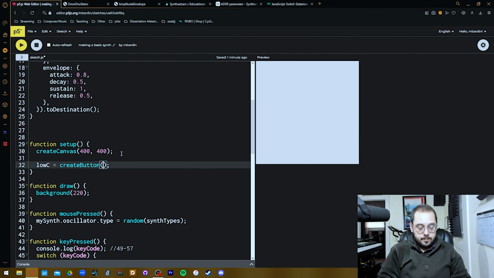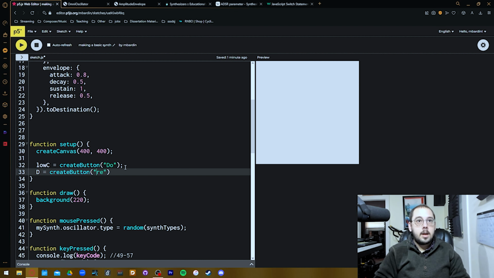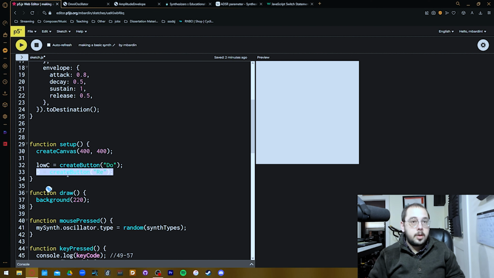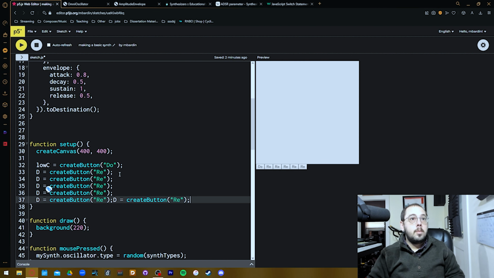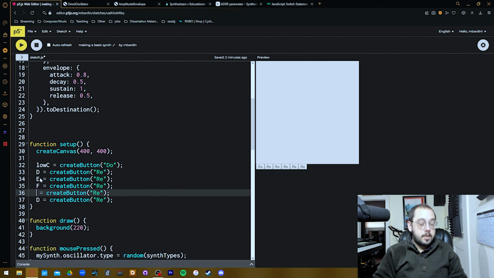I'll just give them the name. Low C. Actually, we'll use solfege names. D equals create button, and that one will be Ray. The reason I picked the C major scale is because whether or not you use a fixed or movable do, this will still work. So D is there, E, F, G,